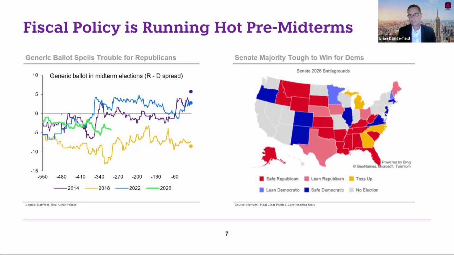On the right-hand side, we just very quickly show the Senate. The Senate is going to be very difficult for Democrats to win, even if they have a really good election year, just based on the way the calendar rolls out this year. Probably not worth going through this in too much detail given time constraints. And also, the House focus is really what matters, because if Democrats win the House, it doesn't really matter if they win the Senate, they'll be able to force gridlock for a long time.